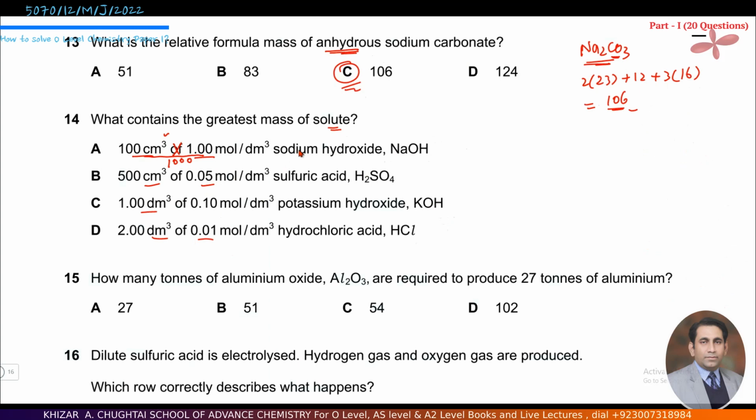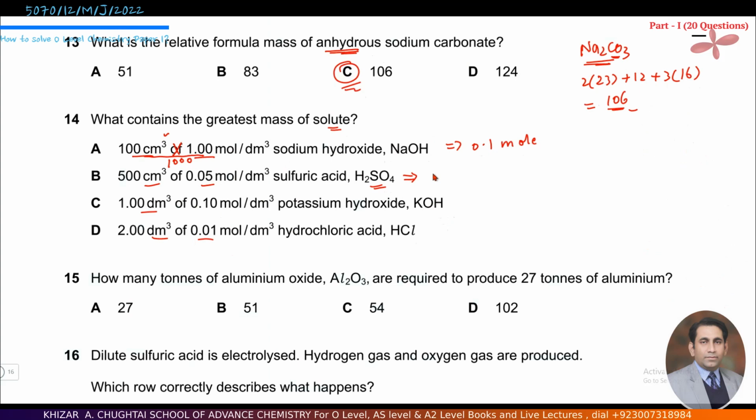So 100 multiplied by 1, and divide by 1000. The answer is 0.1 mole. First of all, I am finding the moles of all these solutes. Coming to sulfuric acid, 500 into 0.05,